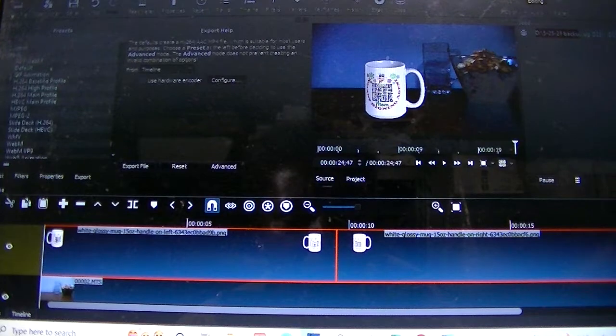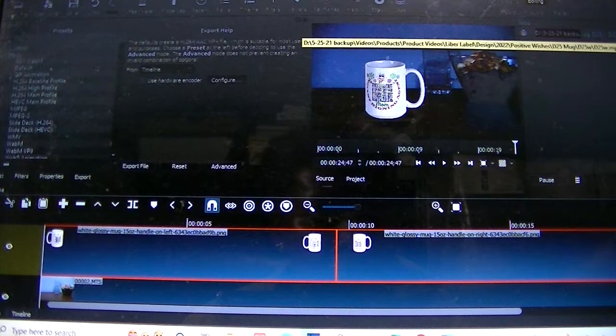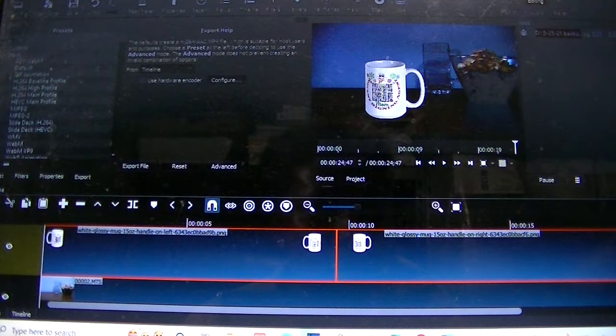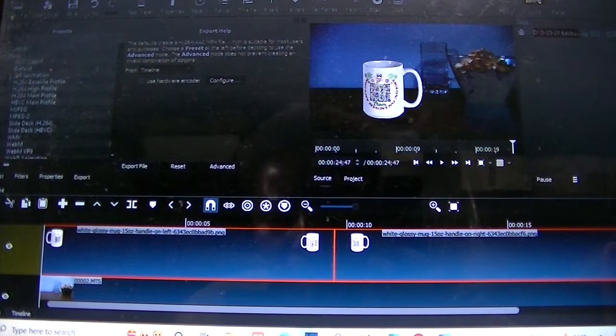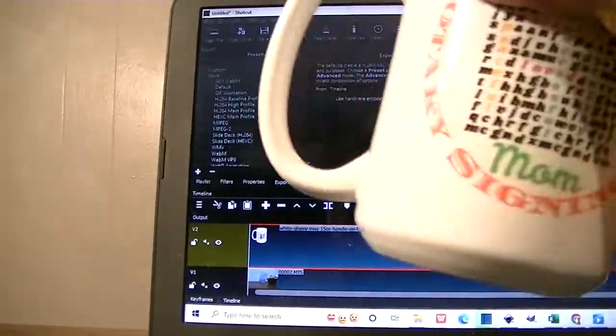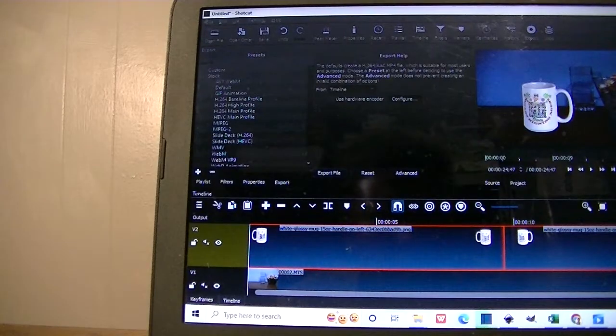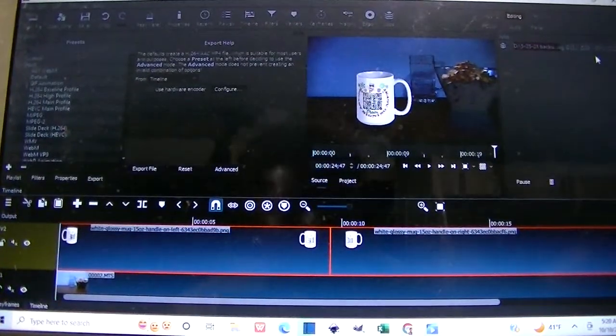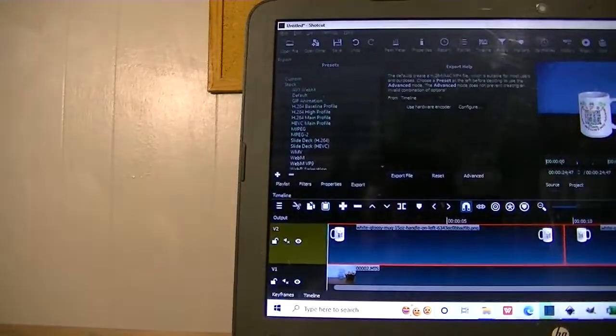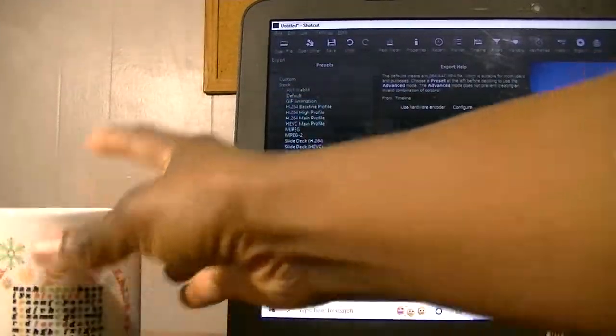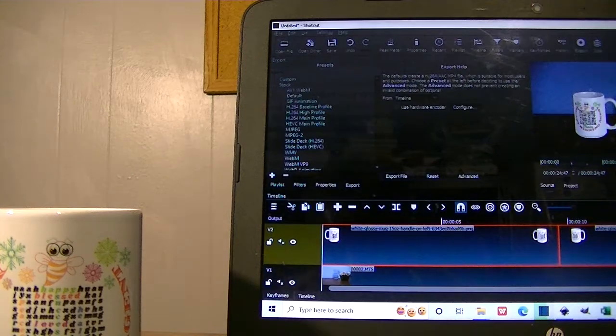I don't know how long it's going to take to download everything, but let's move the computer to the side and bring this mug here. So the mug,